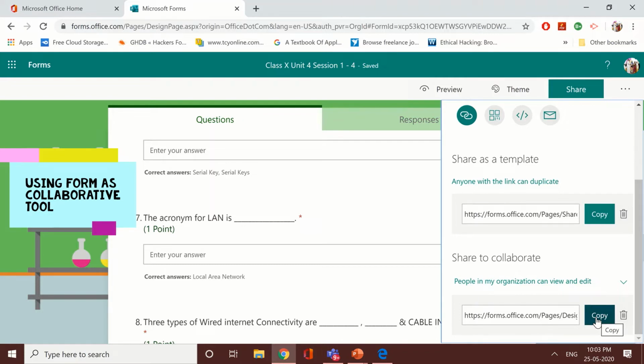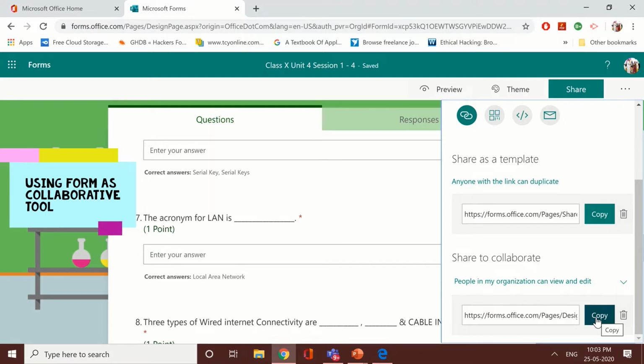You can collaborate, like 4 teachers are there. You can divide the portion. Suppose you want to create 30 questions. So you can divide the work amongst yourself at the same time. All 4 can work together in a shared mode. So it is going to help you in case you want to work collaboratively and create a common test paper. For example, for class 10, physics, chemistry, maths, 3 teachers are there to create one common test. So they can create this test by sharing the collaborative link.